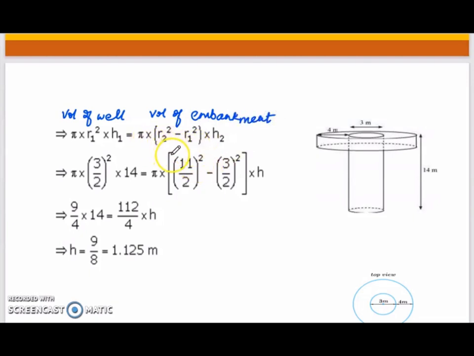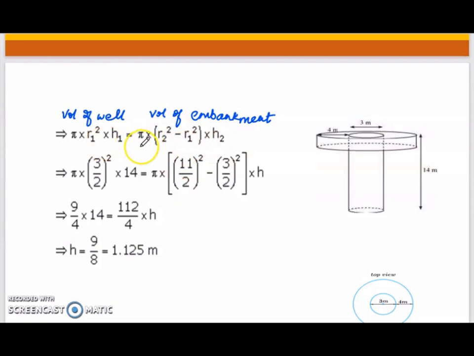Now just like you find area of the circular ring as pi r2 square minus r1 square, same way for the cylinder, since this is a cylindrical ring, the volume will be volume of the outer cylinder minus volume of the inner cylinder. So you can take pi h2 common between both and take r2 square minus r1 square within the bracket. Now r2 square minus r1 square, you can use the identity a plus b into a minus b, then evaluation will be little more simpler.